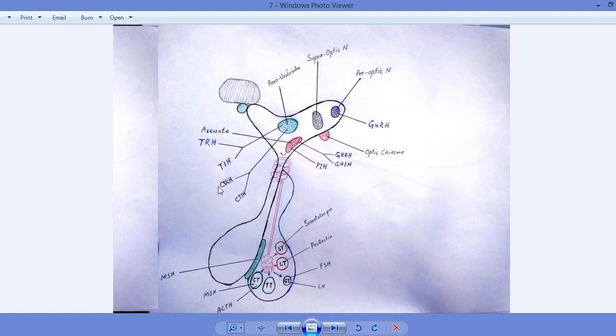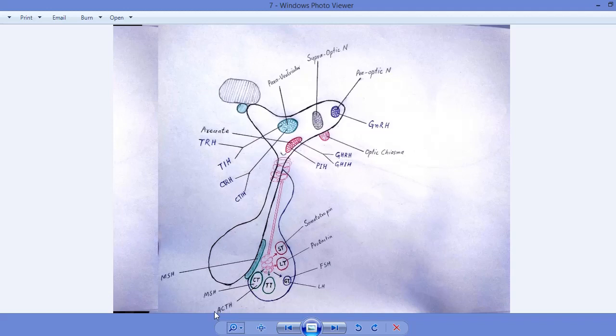Now, similarly, the corticotropic releasing hormone is secreted by the paraventricular nucleus. This is transferred to the primary hypophyseal capillaries. From the primary hypophyseal capillaries, this is transferred to the portal vein, and from the portal vein, this is transferred to the secondary hypophyseal capillaries. From the secondary hypophyseal capillaries, this is transferred to the corticotrope and stimulates the corticotrope. When this corticotropic releasing hormone stimulates the corticotrope,